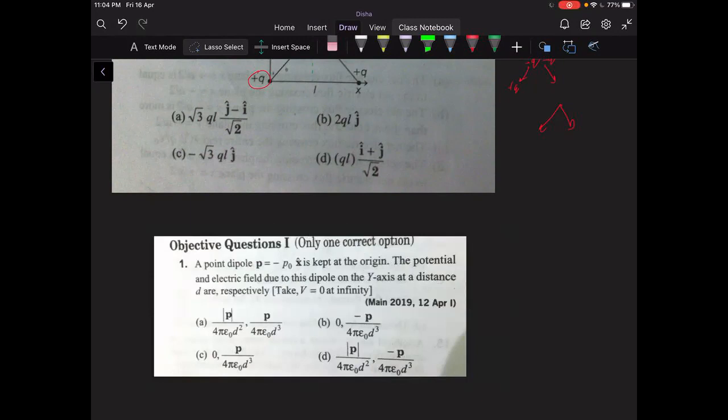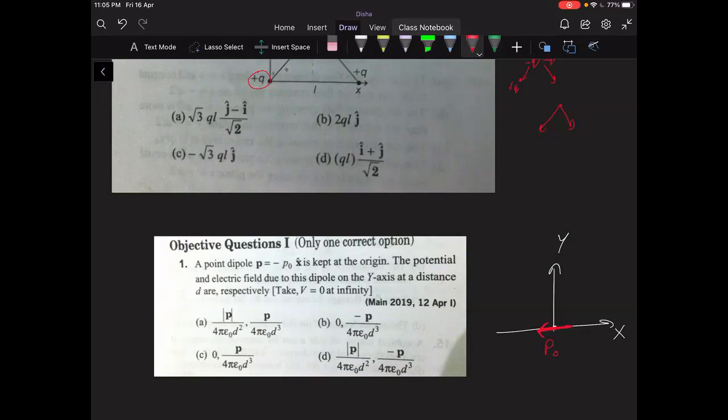So that's the key. If this is my xy coordinates, then the dipole is essentially placed here, minus P naught x cap. That is noteworthy. It is having a value of P naught, but negative means on the left hand side. Negative x cap is to the left. Positive x cap is to the right. Are you following this? Yes, sir. This dipole is to the left. The dipole moment essentially is to the left.